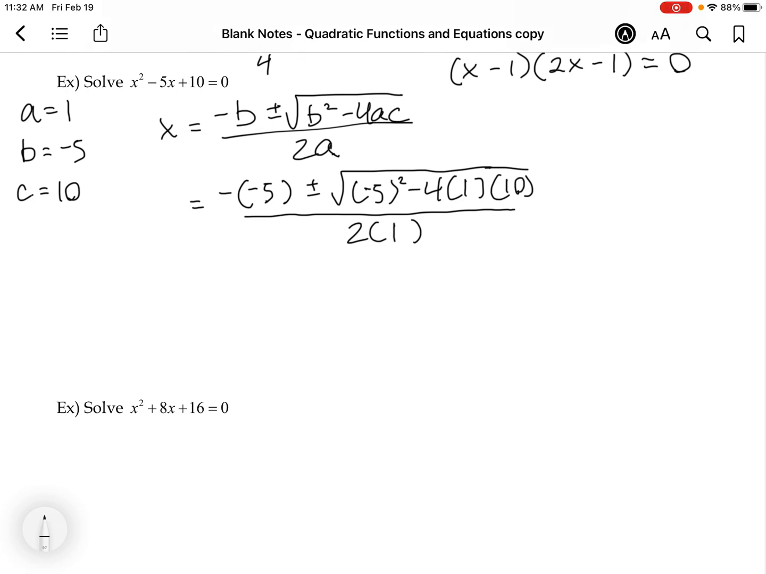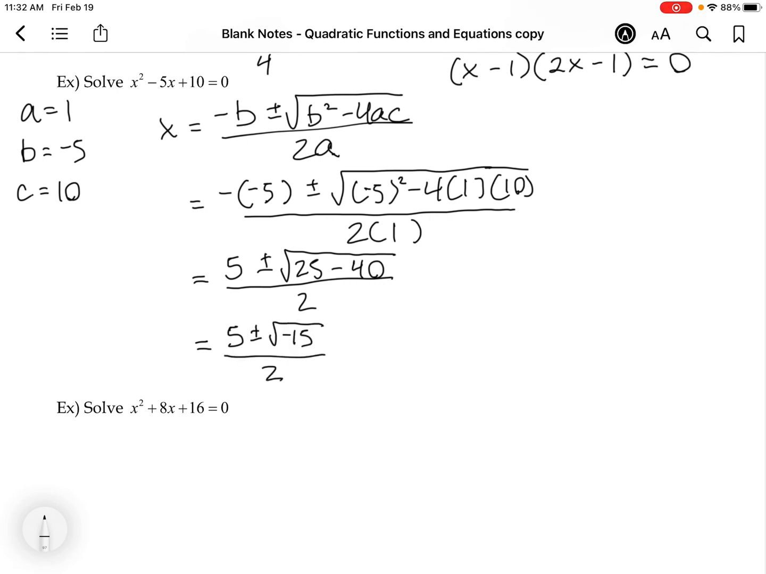Okay. So -5 is 5 plus or minus the square root of 5 squared is 25 minus 4 times 1 times 10 is 40 all over 2. And this is 5 plus or minus the square root of -15 over 2. Okay. We have a problem here